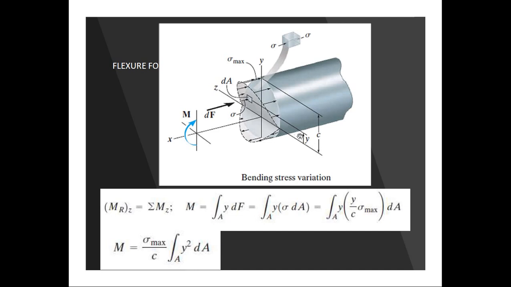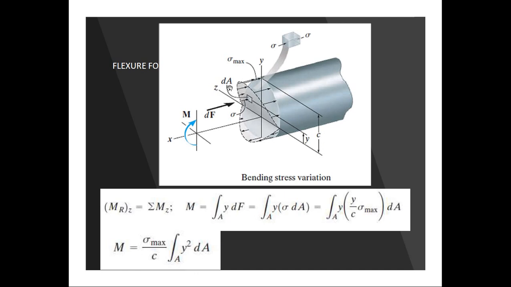So this is how we show the cross section, and the neutral axis in elevation, or you can say along the longitudinal axis, it will be like this. This is the neutral surface basically. At y, a certain small dA area will be taken, and we will calculate the total force generated over here due to stress. We know the stress relationship in terms of strain, y, c and sigma max.